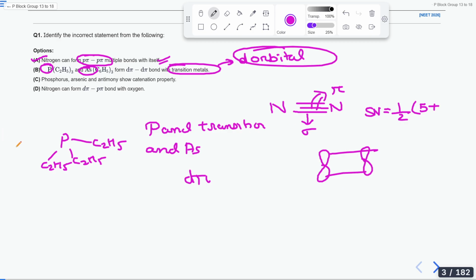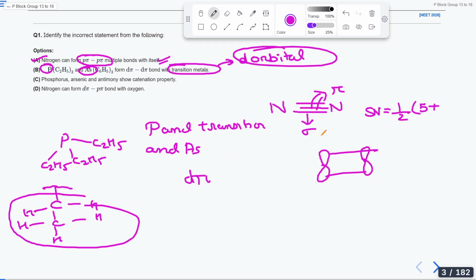monovalent species? So here, if I consider C2H5, it is already attached to 3 other groups. So this is your C2H5, this is your C2H5. So it has only one bond to be made. So this complete species is monovalent in nature. Did you understand my point? Earlier we had only one atom, here we have this complete species. So this complete species has only one bond that is to be made,